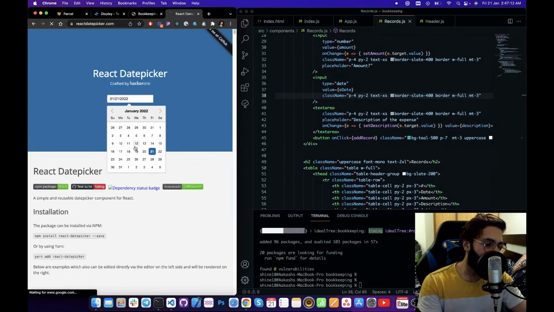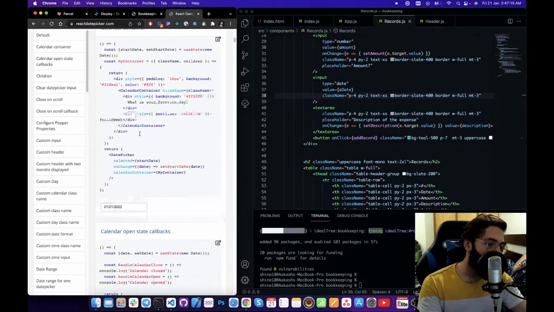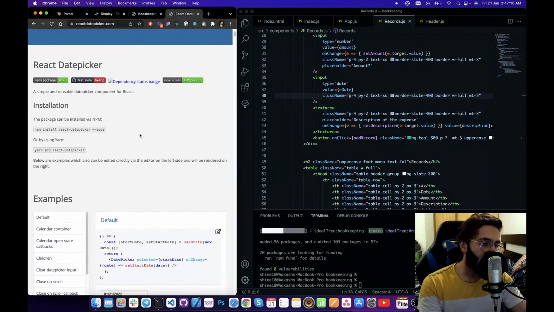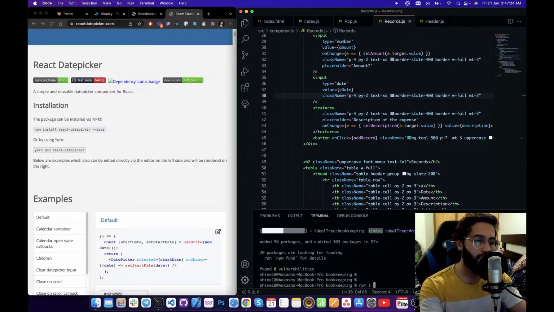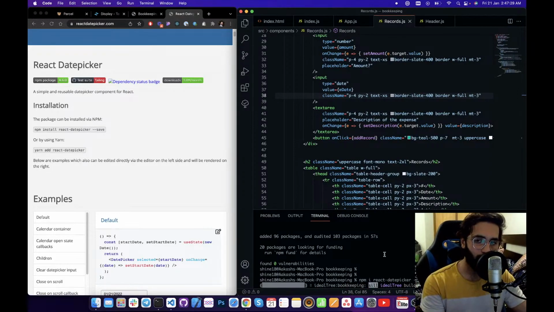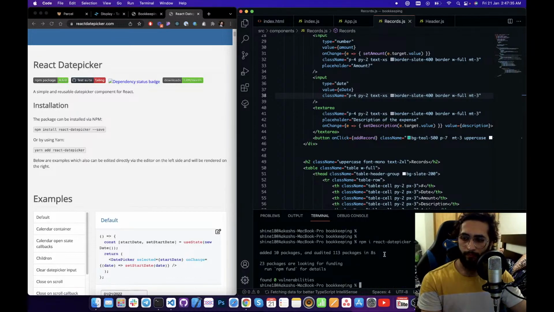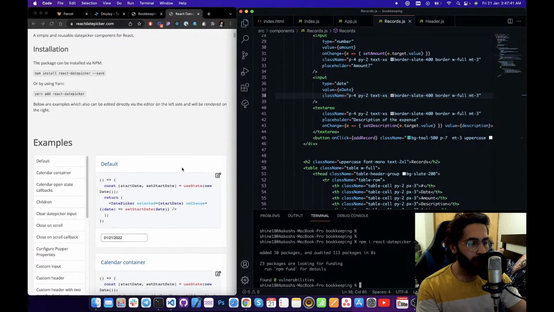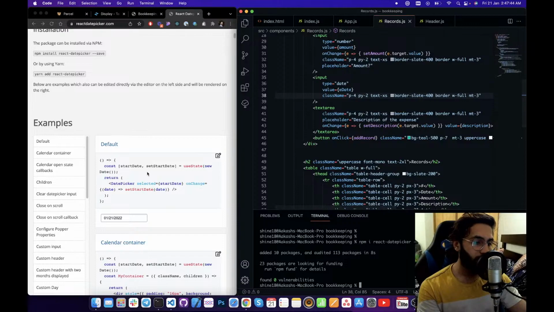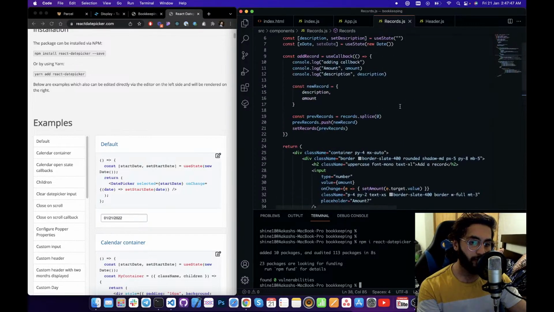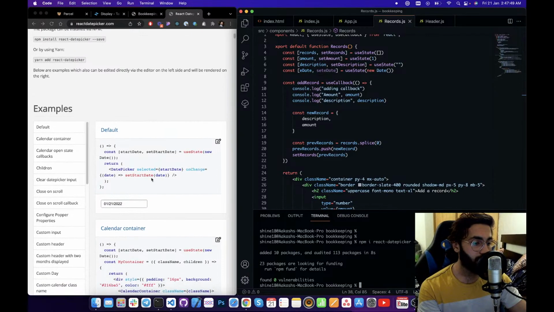See how it provides that calendar, and you have a lot of methods available to use, and we're just going to use that. So I'm just going to install this package, npm i react-datepicker. That's a save. Oh, it already does that. Okay, that is installed. And how can we use that date? We just have to create a state, and we already have that, and we are initializing with a new date, current date. We just have to use this component DatePicker, and